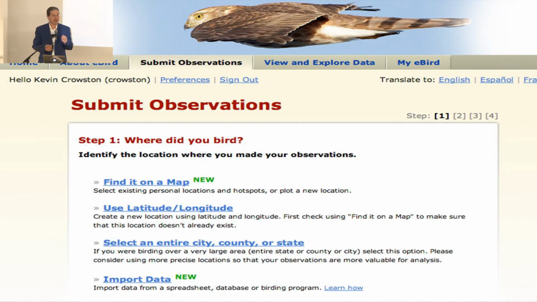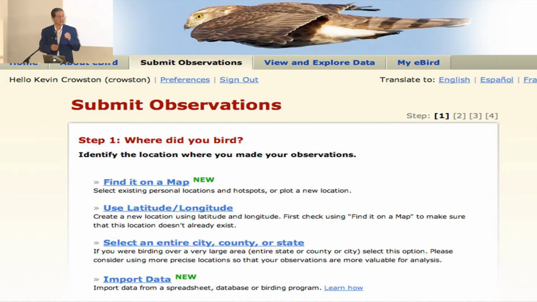The system also provides extensive filtering in order to improve the data quality. And so data quality is one of those things that's a big concern in citizen science. If you have ordinary citizens, ordinary volunteers doing something, how do you make sure the data are valid for science? So in the case of eBird, there's a lot of filtering, some of it automatic, some of it manual. So for example, if you report a very, very common bird, it just goes into the database. If you report something which is very uncommon or not seen in the particular environment, then that'll get filtered out. There may even be a human follow-up where they ask for information.